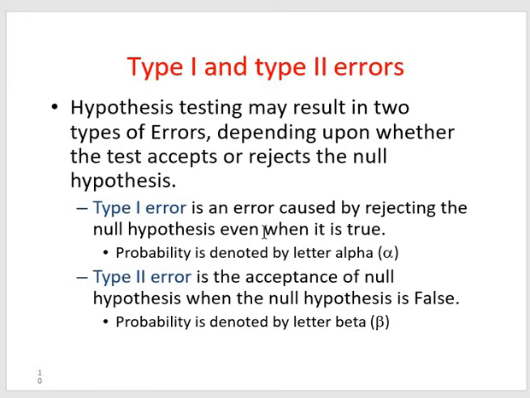Similarly, what will be the type 2 error? Type 2 error is a blood test failing to detect the disease it was designed to detect in a patient who really has that disease. Actually my patient has that disease, so my null hypothesis is false. But still it was accepted; we still considered that the patient did not have any disease. That is the type 2 error.